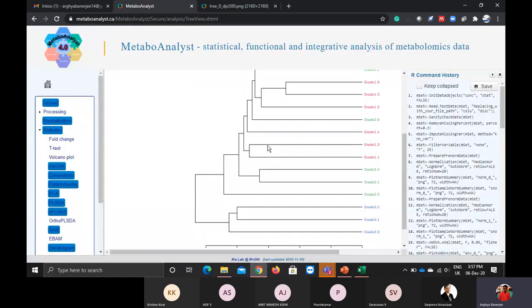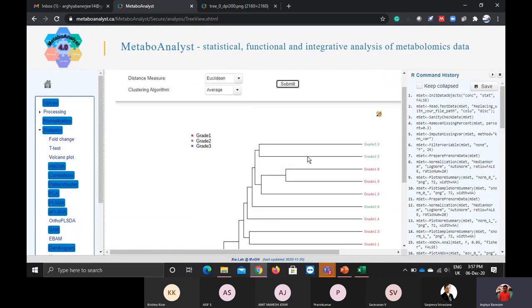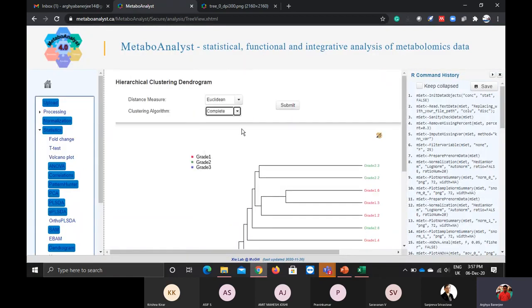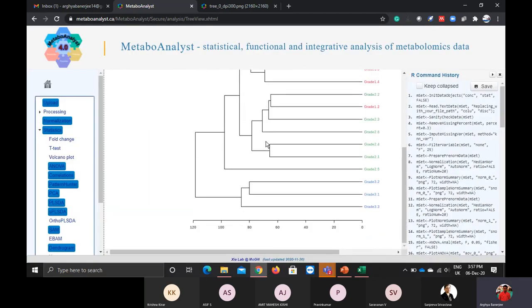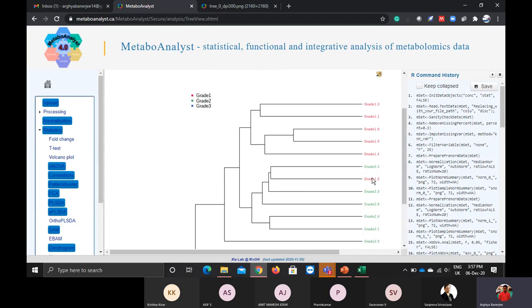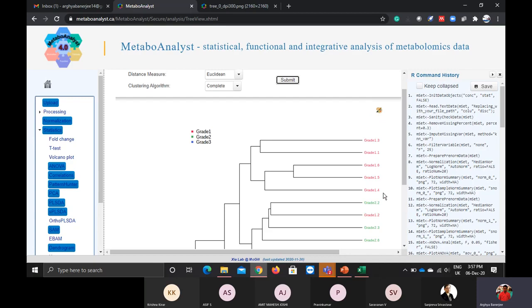Now I have done an average. Moreover, it has shifted, and a complete clustering algorithm. My complete linkage is relatively improving my data. You can see only one of the grade 1 samples has been intermingled with grade 2, and the rest of the grade 1 is segregated. This may suggest that this sample is in transformation from grade 1 to grade 2. You have to understand that this cohort of samples might get converted within a few times.